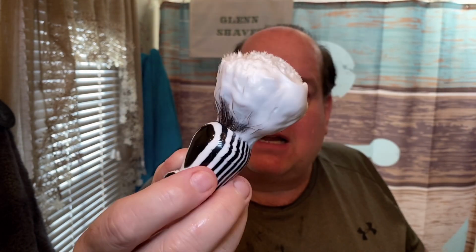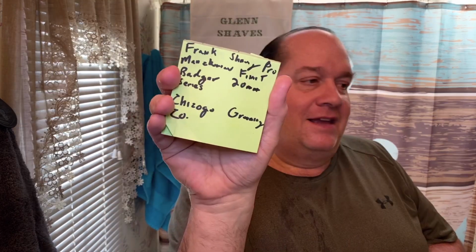All right, so we'll go with that Frank's shaving brush. I like the little tiny guy. Probably great for travel, but it's got that Manchurian finest badger in it. Good stuff. I actually put the notes to this, but it's in my pocket. I usually stick it on my mirror. And yeah, see? There are my notes, just so I don't forget, because I'm old, you know. Alrighty. Go with that